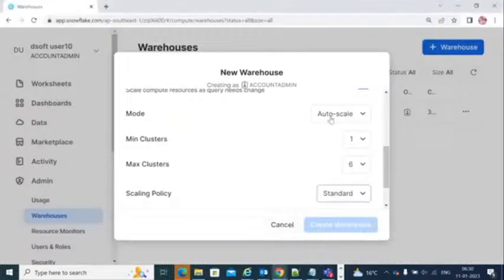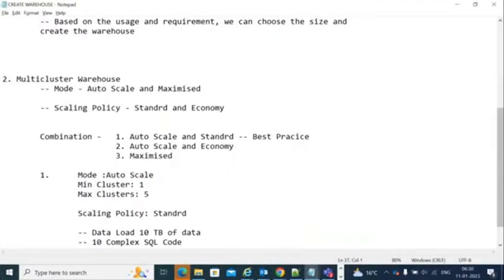So you can't select only a standard or only auto scale. This is a combination. So what is the meaning of this overall? I will tell you in one point. Based on the workload, the data load, the query processing, the data processing,